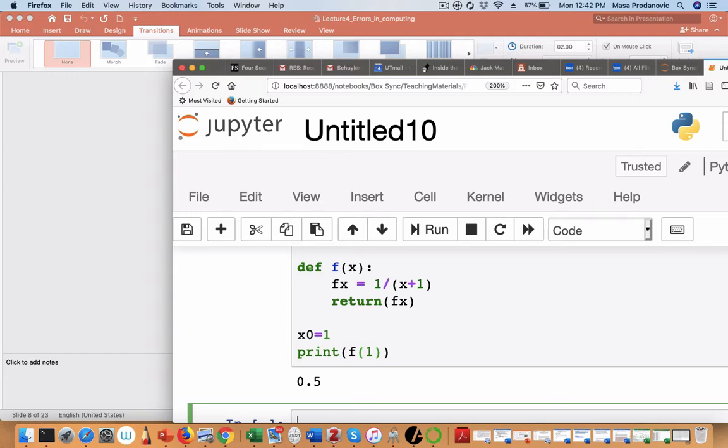If I wanted to print x, what would happen? Error. Why? X is only within the function. So the moment the function is not executed, or it executed already, it was cleaned up and stayed in the